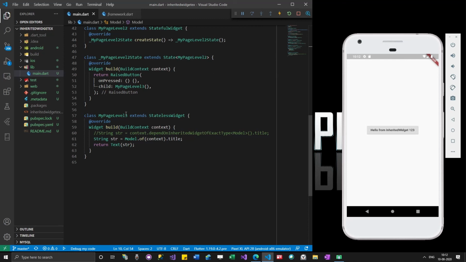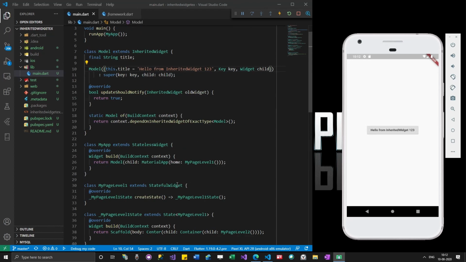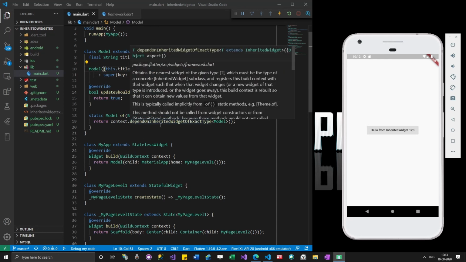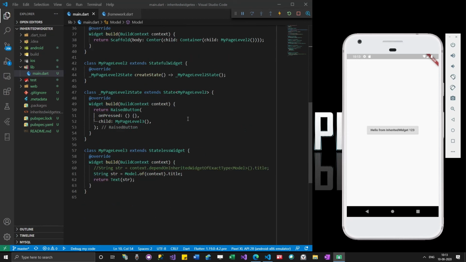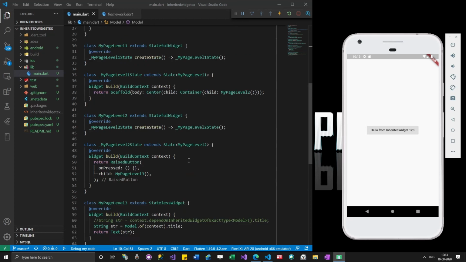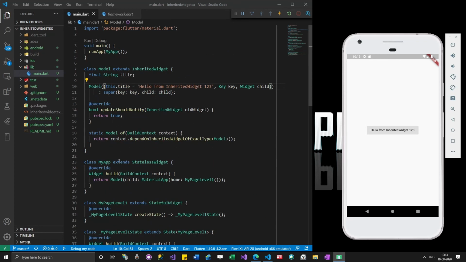You can actually try much more complex stuff also, such as when button clicks make the number change. But what happens is you will end up using a stateful widget for that. When the button is clicked, you have to actually change the value, right? Again it might cause some more confusion, like whether you are actually able to access that value or not. As long as I'm able to pass a new value to the model, this keeps changing. So this is all about inherited widgets.